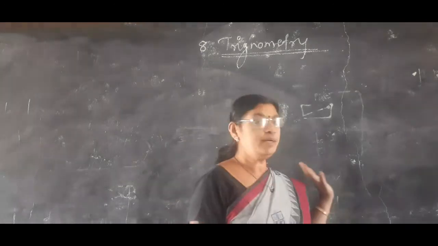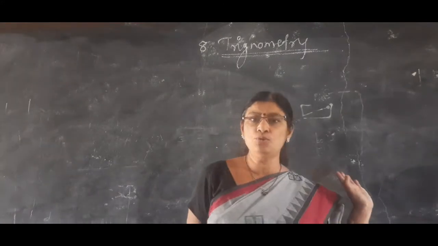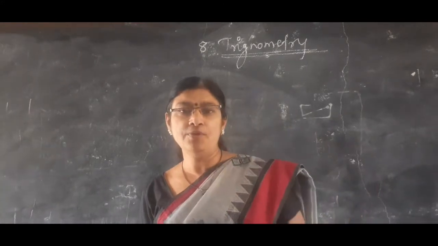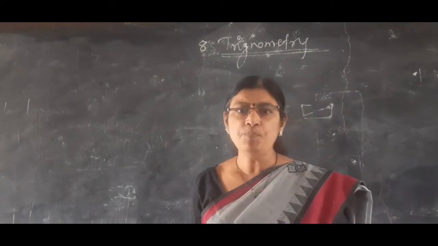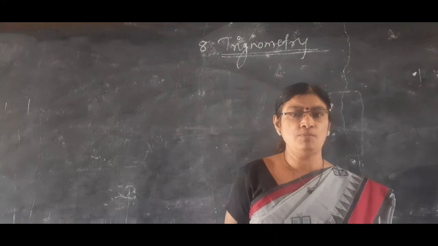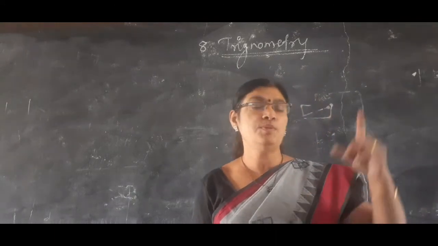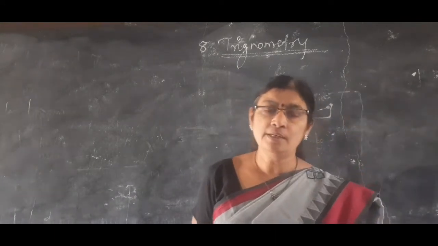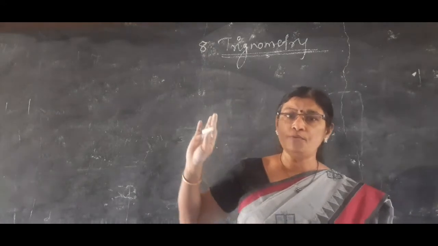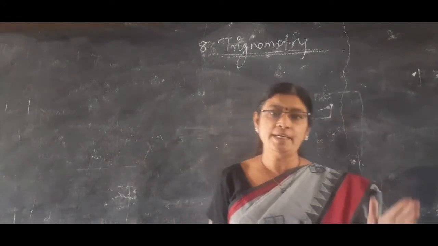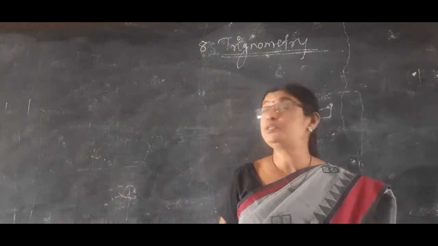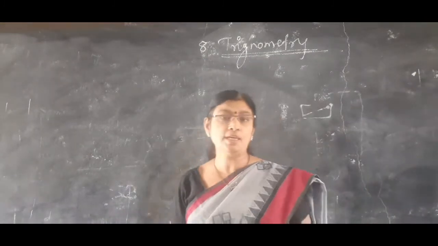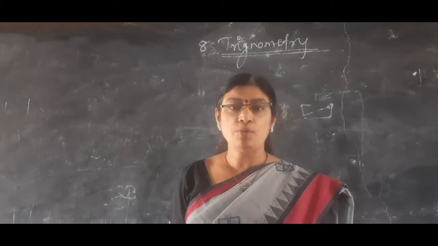Now trigonometry applications are used while finding the height of any building, the height of any tower, or the distance between any two objects which are far away from us. We can find the distance between an aeroplane and the ground, or the top of any building or tower to the ground, or the distance between any two objects, by using the applications of trigonometry.